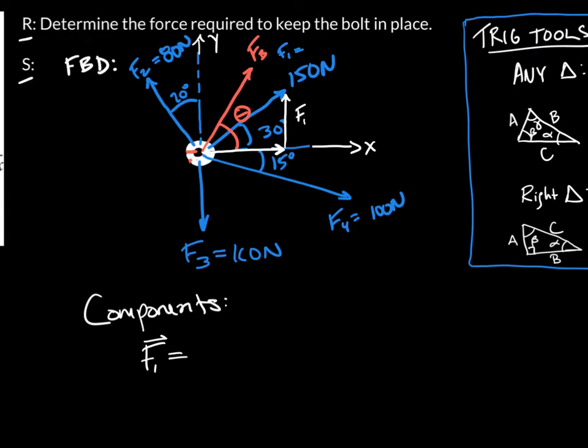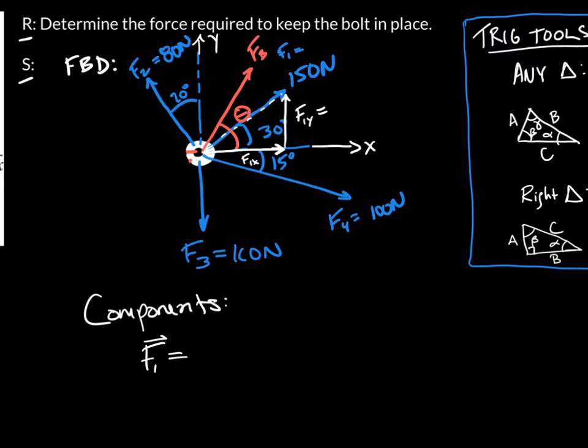Let's call it F1y, and we'll call this one F1x. Okay, that seems to make sense. So we need to get the sides of this triangle. I know the hypotenuse here is 150 newtons. And if I want F1y, using this angle of 30 degrees, then F1y is going to be,